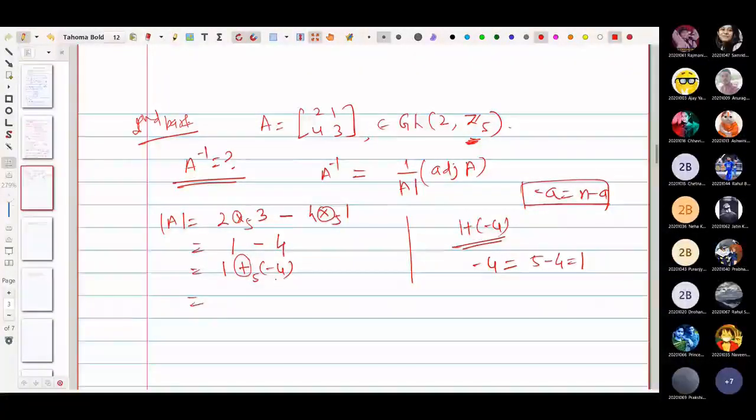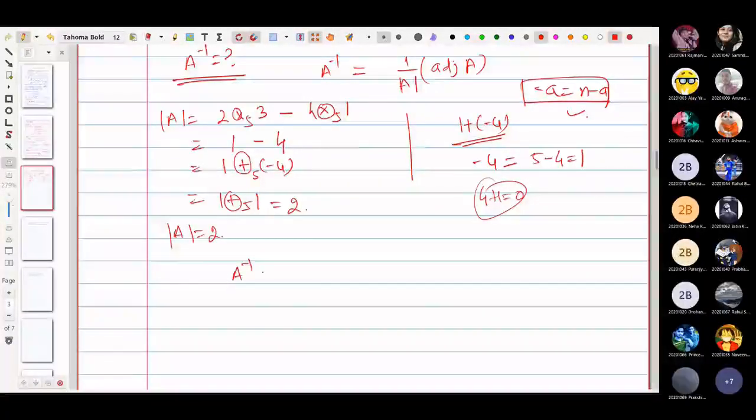All right, so it's the complement. I told you at that time that you just write it positively and then try to find out what we should add to make it identity. So plus 1 will make it 0, that is 5. Or you can use this technique also. So 1 plus 1, we are going to get 2. So the determinant of A is equal to 2.